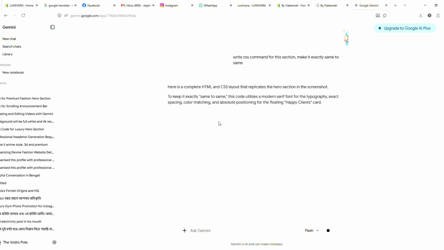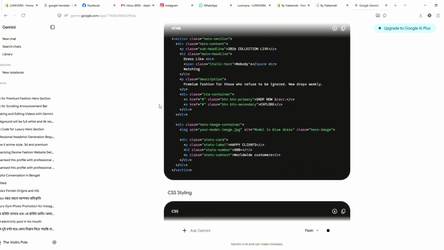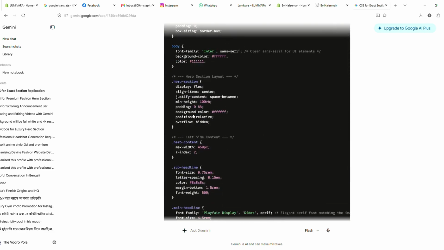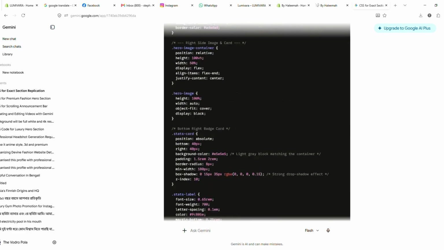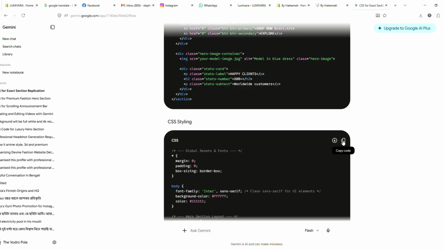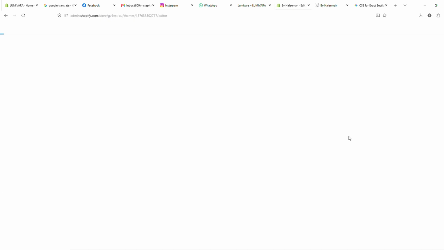Look at that. Here we can see the HTML structure and CSS command. This is the CSS command. We have to copy the full CSS command from here. Copy it and directly go to the edit theme